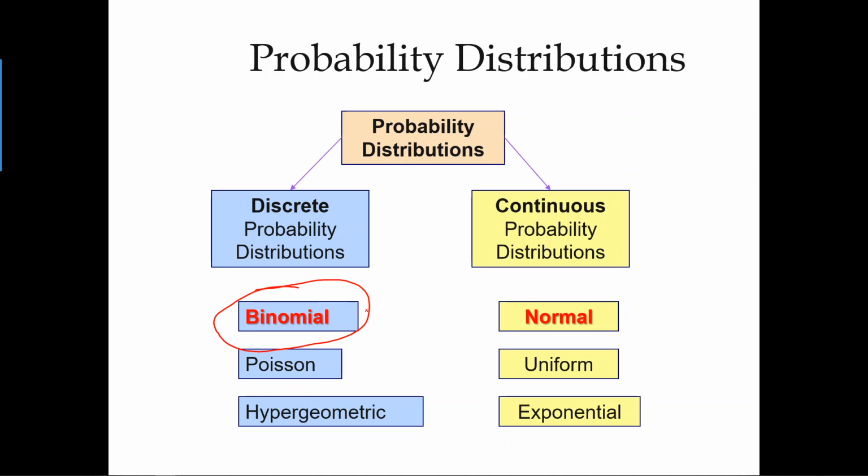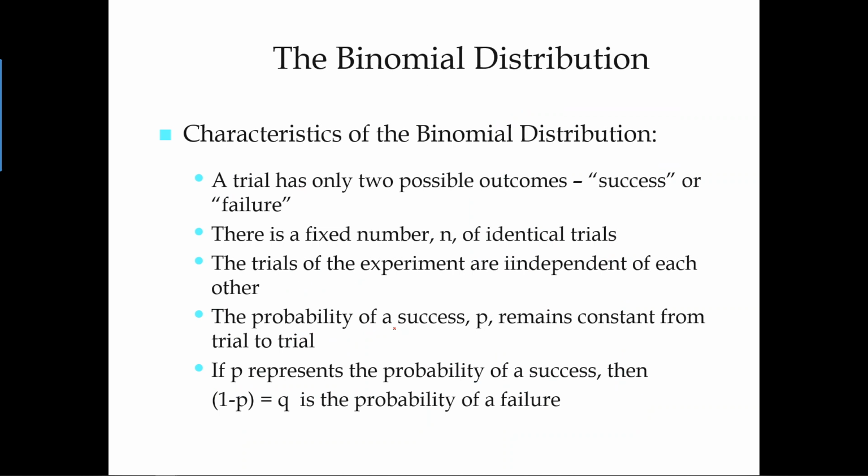Therefore, before we look at the formula of the binomial distribution, I have to introduce its characteristics, because once you know the characteristics of a distribution, when you go to the real business world to analyze a random variable, you will be able to know whether you should use the binomial distribution. For the binomial distribution, we have five characteristics. First, the binomial distribution involves multiple experiments, but for each trial, each experiment, we only have two possible outcomes: success